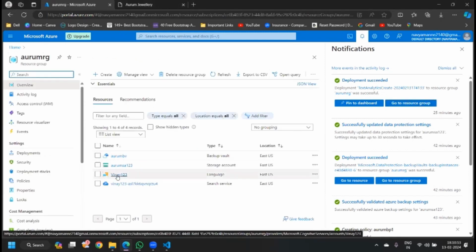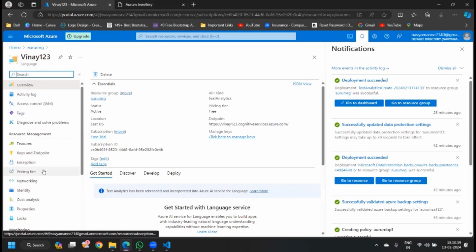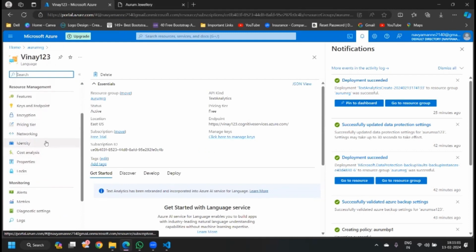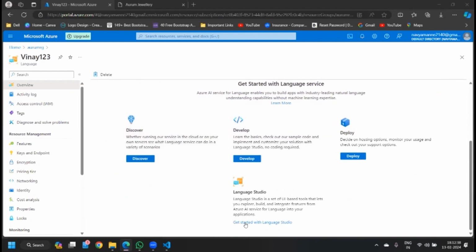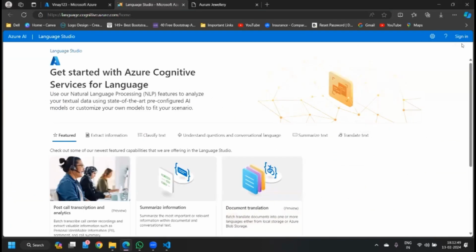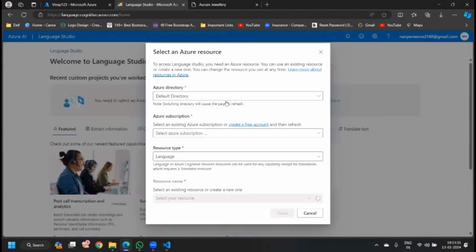Now click on Vinay 1, 2, 3 in language account. Now click on language studio. Just scroll down and you can see get started with language. Now click on sign in. Okay. Now select an Azure resource you will be getting. You need to fill all this. In Azure directory, you will be having as default app. Select the